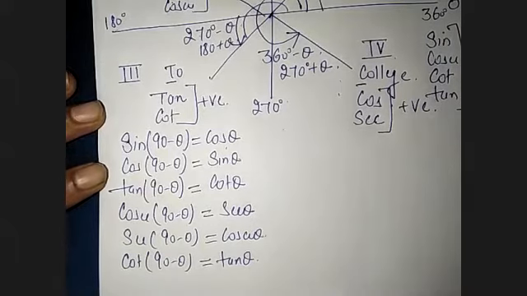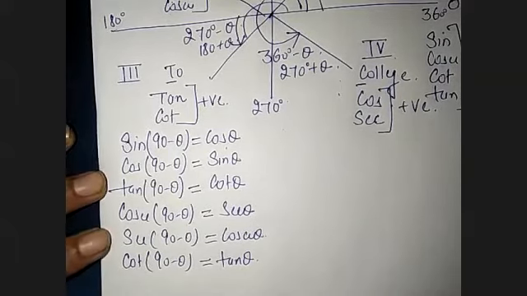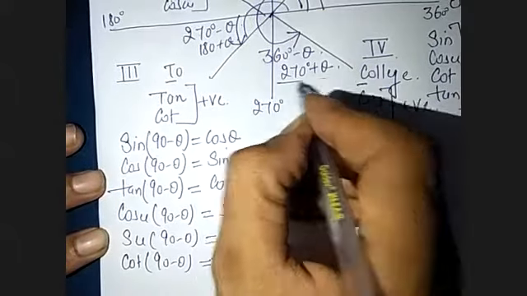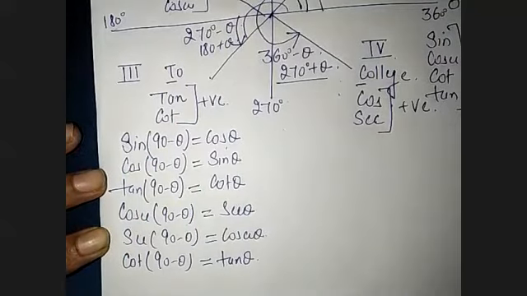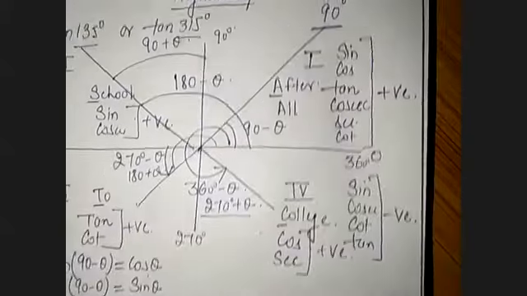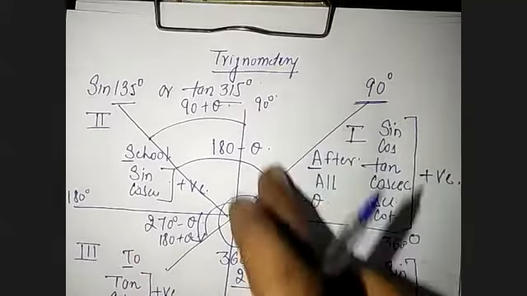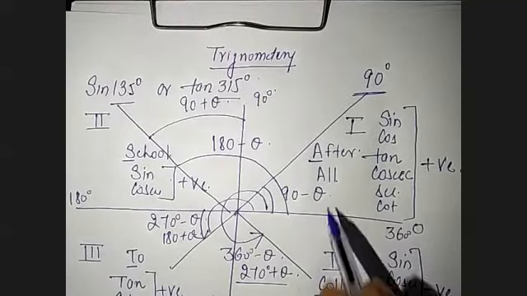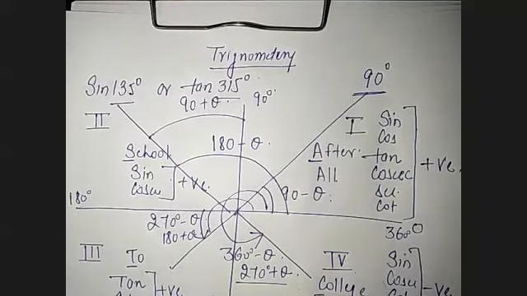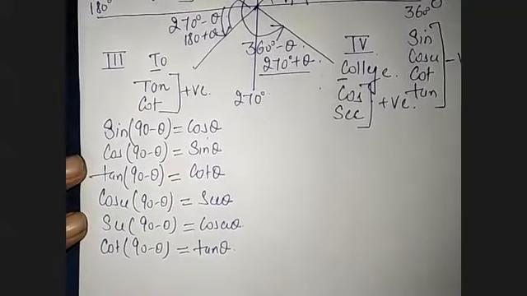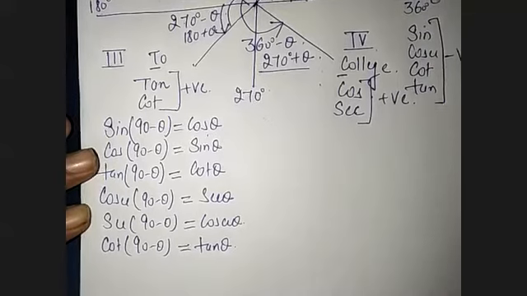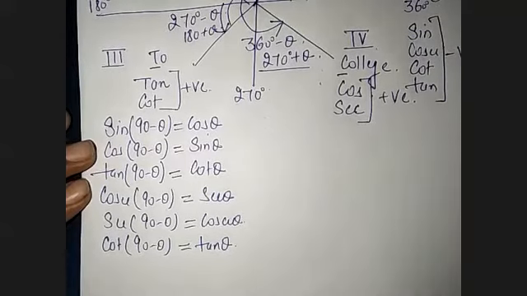Now the concept comes: what can be the value? How do we solve this more? Somebody asked me to solve this. I cannot do it like this. This is possible because theta is lying in the first quadrant here. But if theta doesn't lie in the first quadrant, it is difficult. So let's go and learn the most important formula, which we call the master formula in trigonometry.